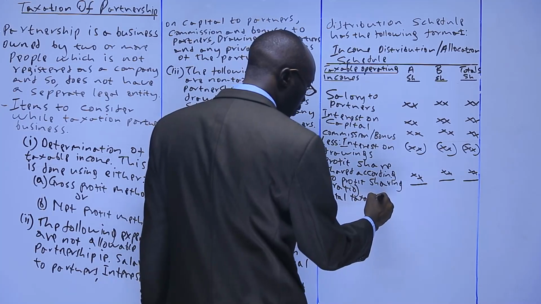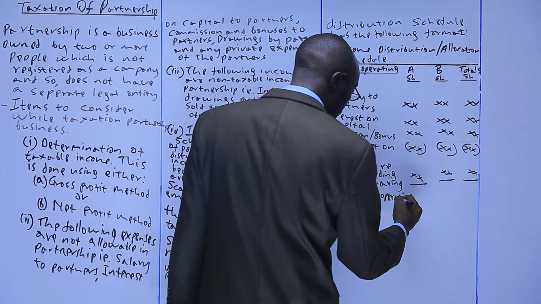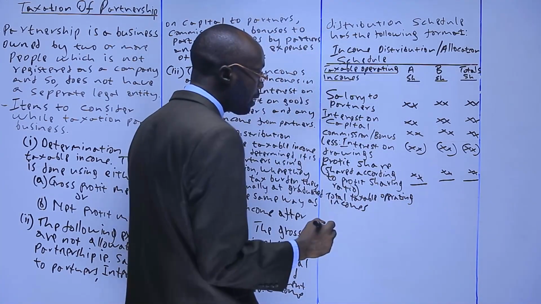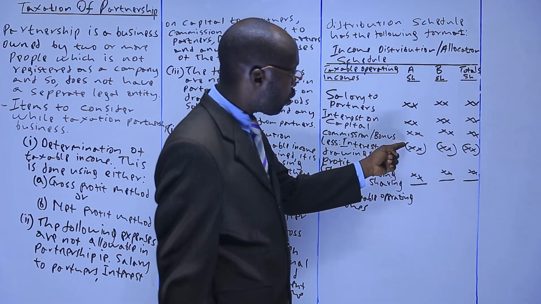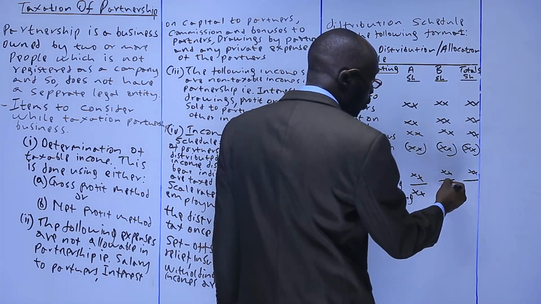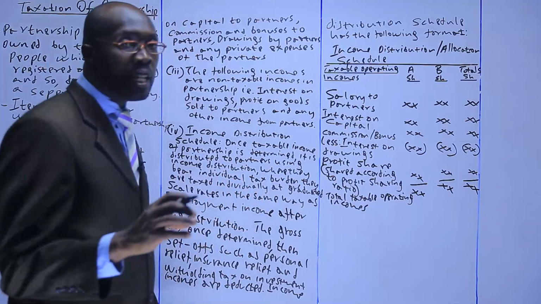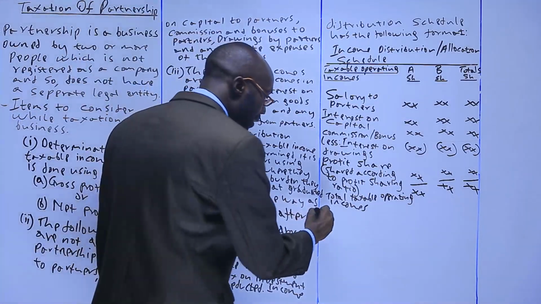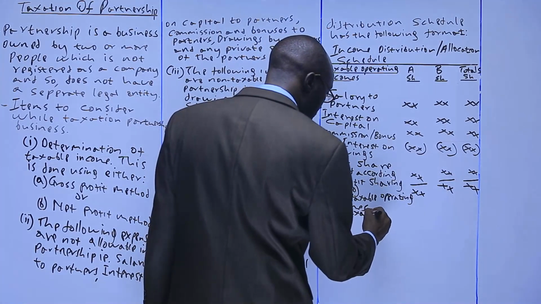taxable operating income. Total taxable operating incomes means we take the salary, the interest on capital, if there is commission or bonus, less interest on drawings, profit share, you get the total here. You do the same for this, you do the same for that. Now, you have just distributed the operating income. Then you add taxable